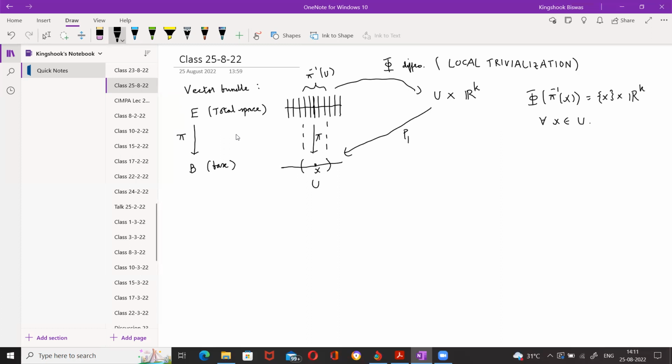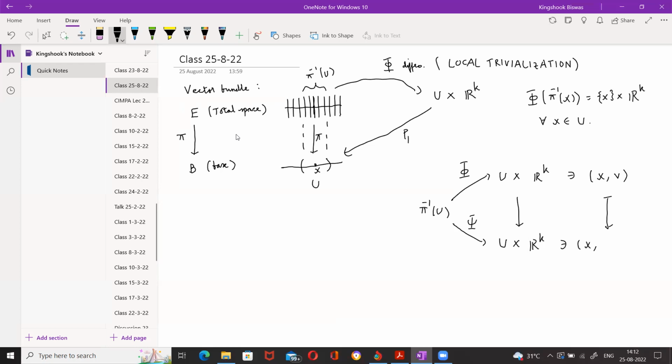So if I have two local trivializations, say phi and psi, from pi inverse U to U cross R^k, then this map here is of the form (x, v) goes to x, comma